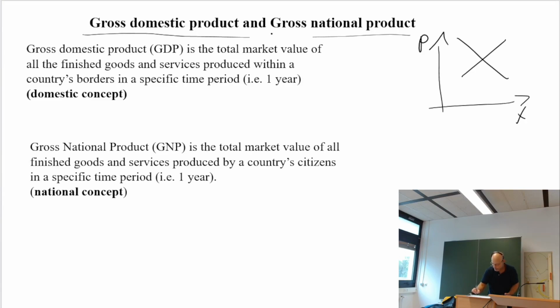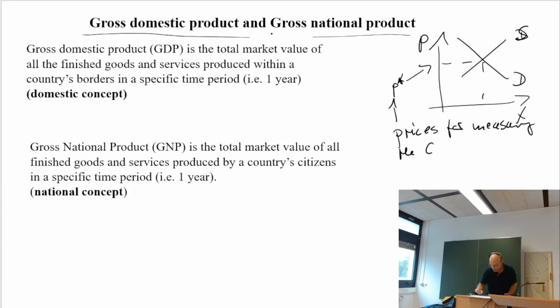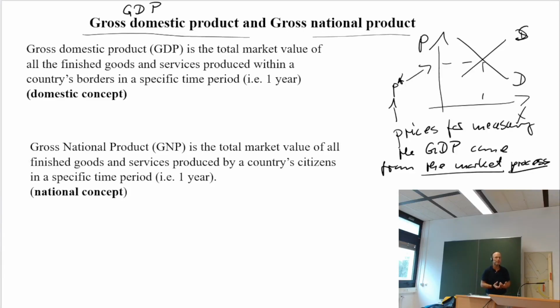lectures, supply, sorry, and demand. So prices for measuring the gross domestic product come from the market process. And then you can more or less interpret these prices as the weights of the production sector, of private